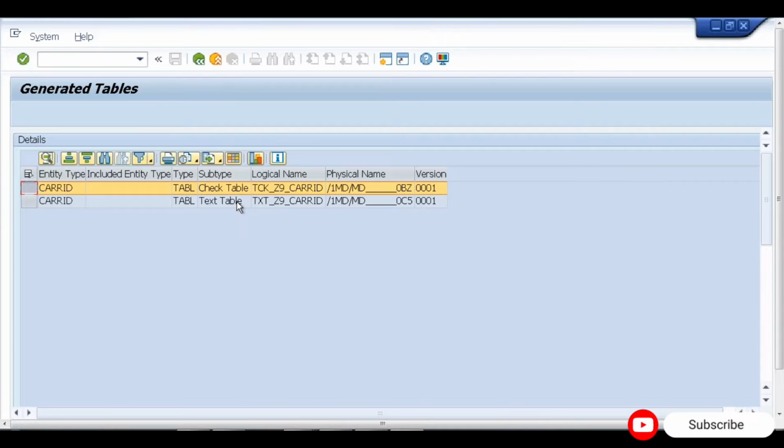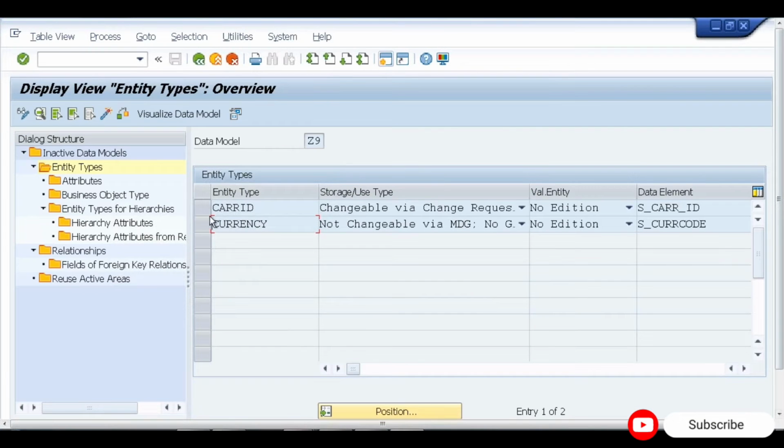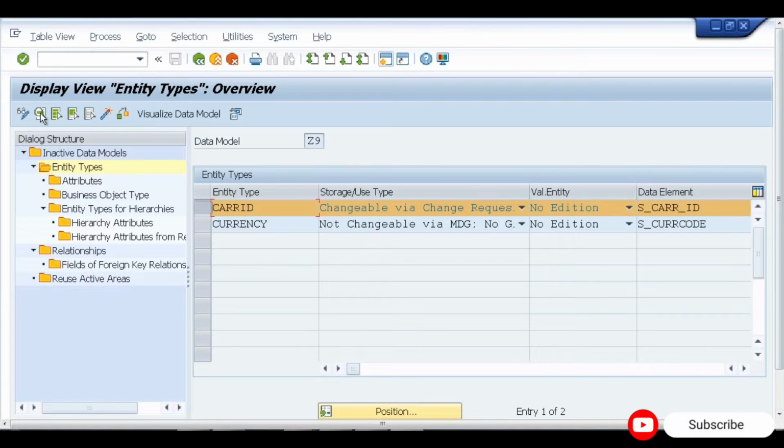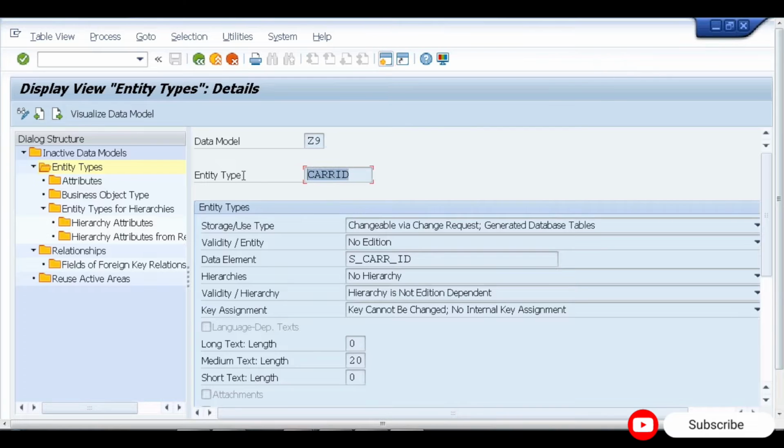So then he just dropped a message with a screenshot saying, look, this is the issue I'm facing. Can you please look into this? Immediately, when I logged in today, I checked, and the issue was that he successfully created this entity type carrier ID with all the data elements and the other details, but he forgot